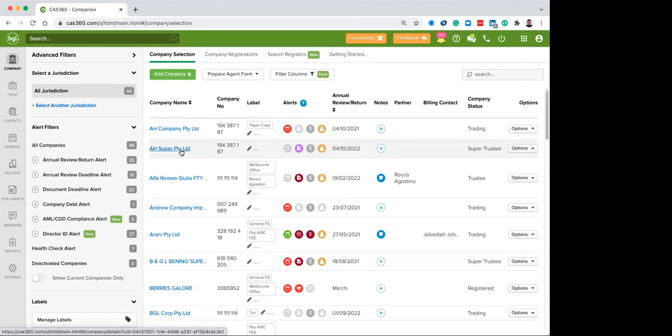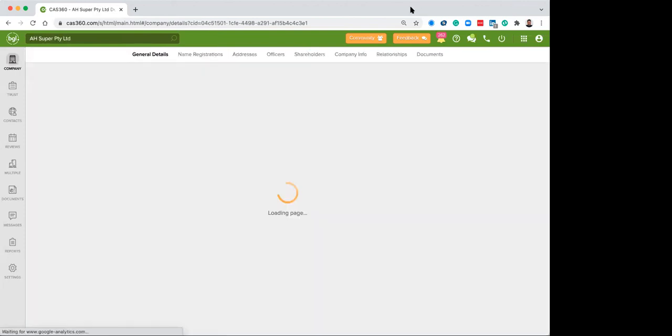Now, with the changes, some of them can be done within the company, and any bulk changes, in particular addresses or officer changes that affect multiple companies, would be done from within the multiple screen. Even though they are completed in separate screens, they can be consolidated into the one form, which saves having to prepare multiple PDF Form 484s. So if I click into the company that we're going to do the changes for,